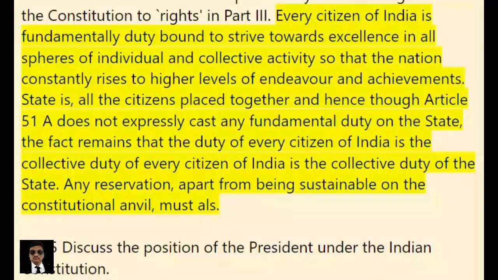Every citizen of India is fundamentally duty-bound to strive towards excellence in all spheres of individual and collective activities so that the nation constantly rises to higher levels of endeavor and achievements. The State is all the citizens placed together, and hence though Article 51A does not expressly cast any fundamental duty on the State, the fact remains that the duty of every citizen of India is the collective duty of the State. Any reservation, apart from being sustainable on the constitutional anvil, must ultimately